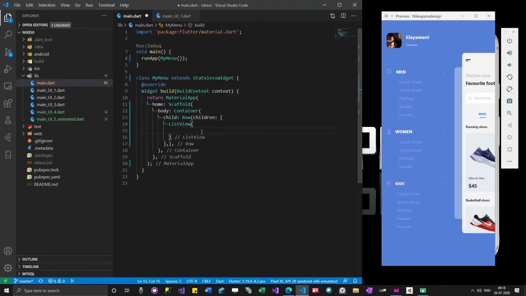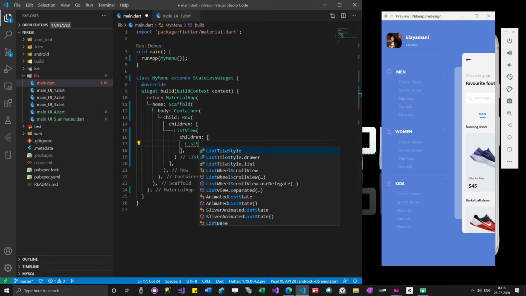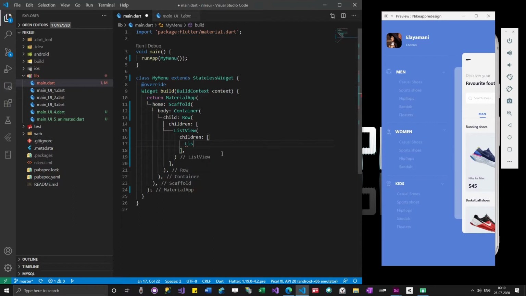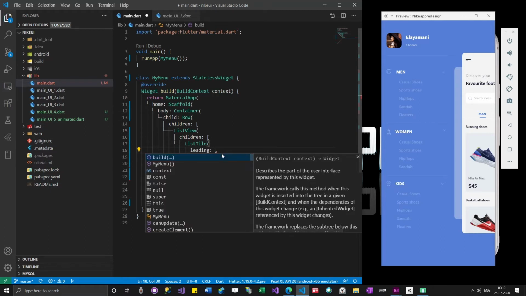So list view, children, add a leading icon.